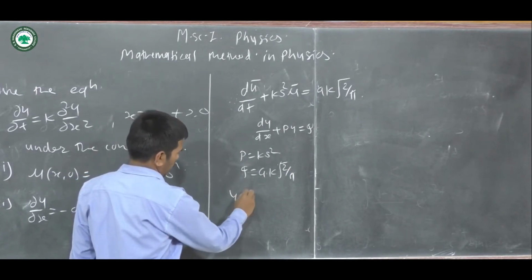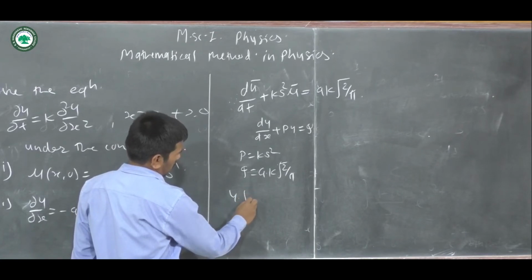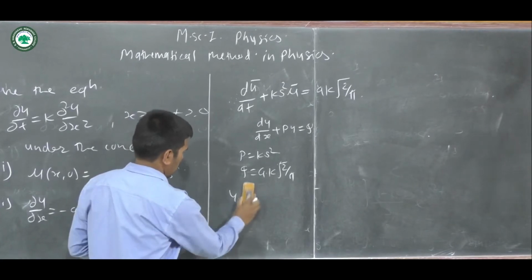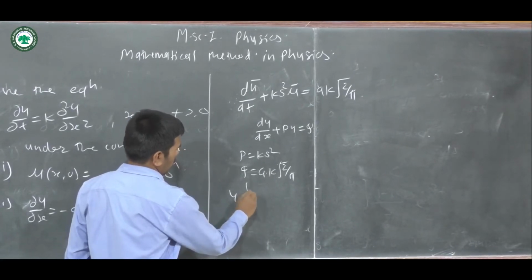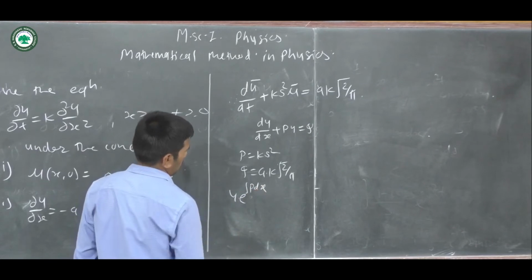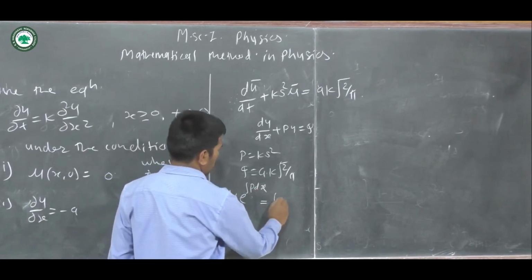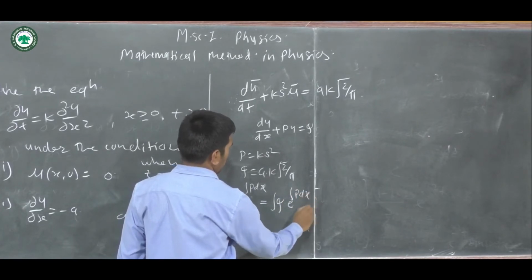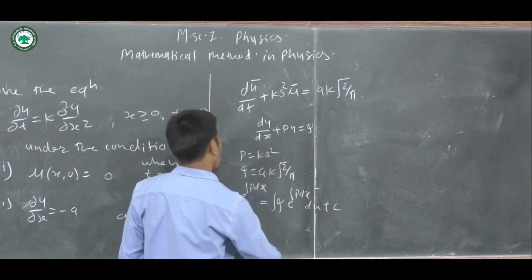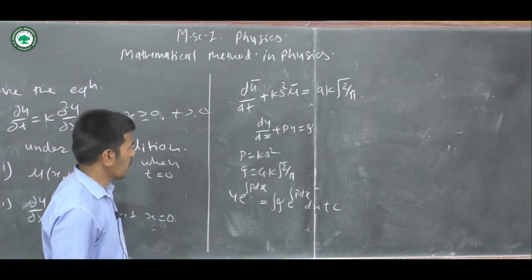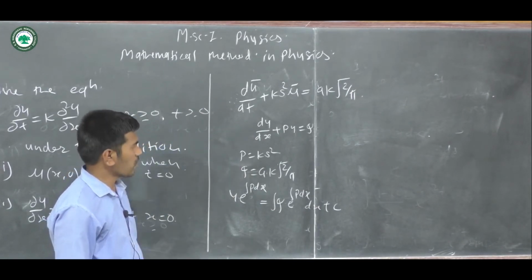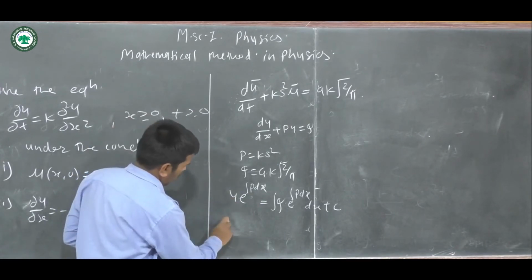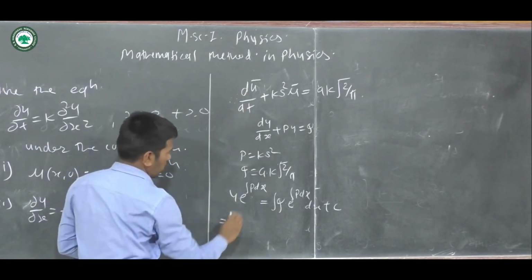That is, y into e raised to integration of p dx is equal to integration of q into e raised to integration of p dx into dx plus c. Okay, so this is the general solution of this equation. Here y is equal to u bar